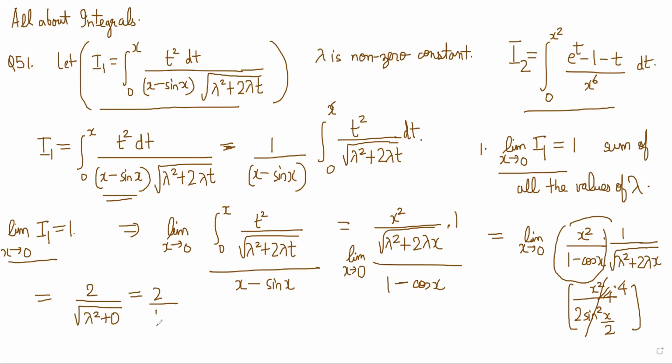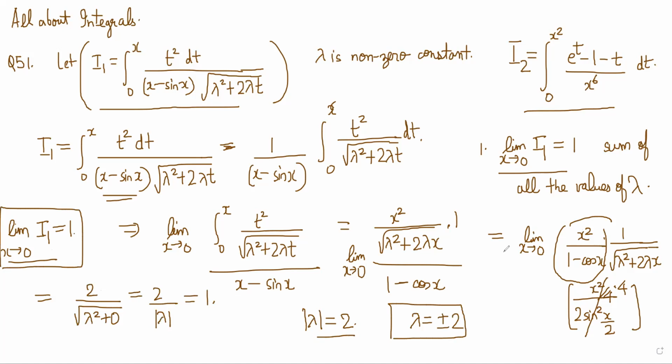So we have 2 by mod lambda is equal to 1 because the limit is given to be 1. So mod of lambda comes out to be 2, so lambda can be plus or minus 2. So the sum of possible values of lambda will be 0, because plus 2 and minus 2 are the two values of lambda, right? Now, the other part of the question is saying if lambda is equal to 1,